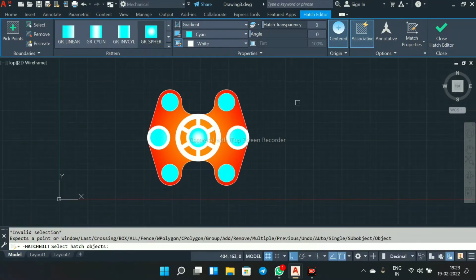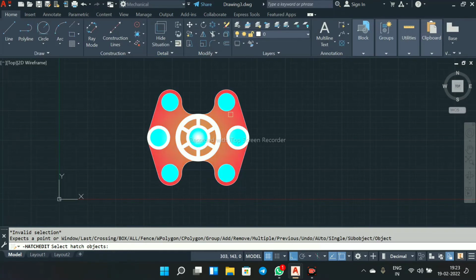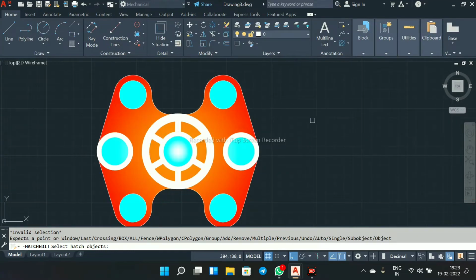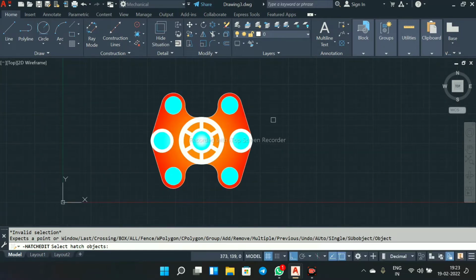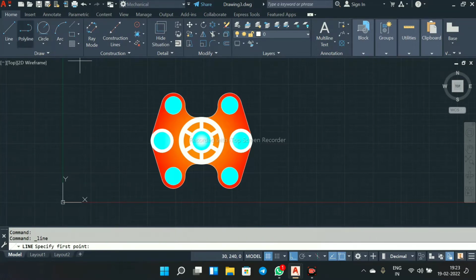So our first sketch is finished, the 2D sketch. Later I will apply some dimensions. Now move to our second sketch. For that I will choose the line command.